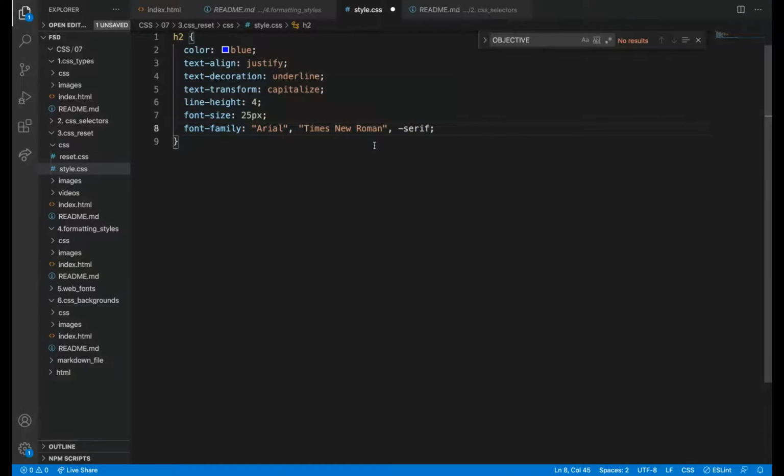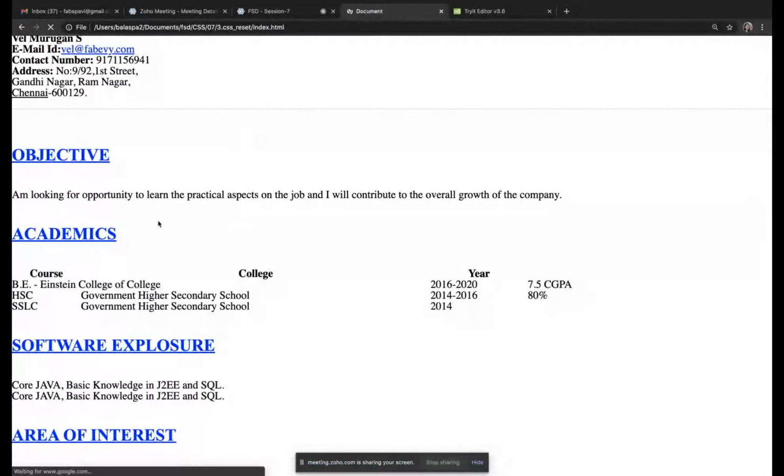I'll simply explain it: Times New Roman is serif. Here, see this line coming at the end, not a blunt edge but a sharp edge with some line here. That is the serif family.